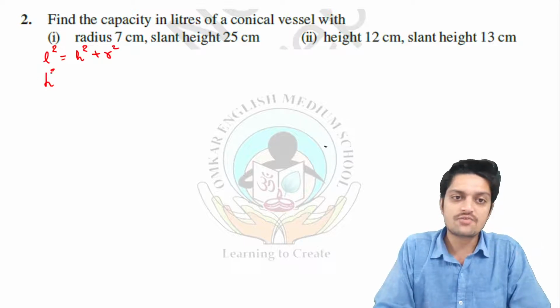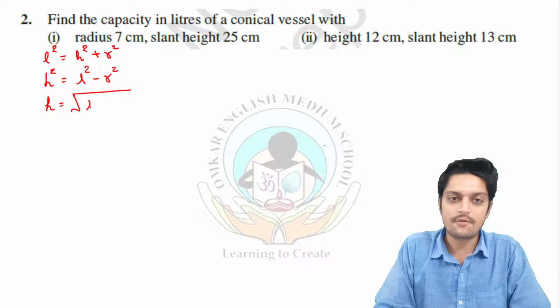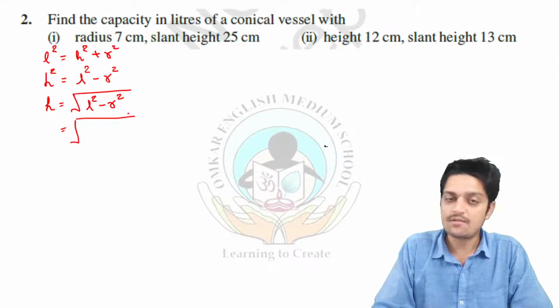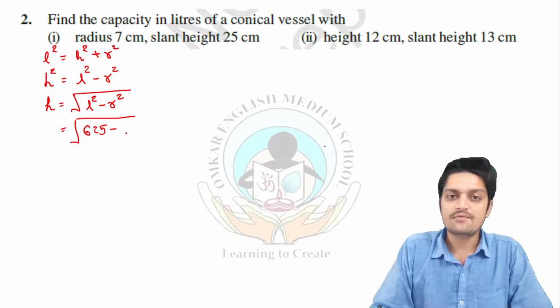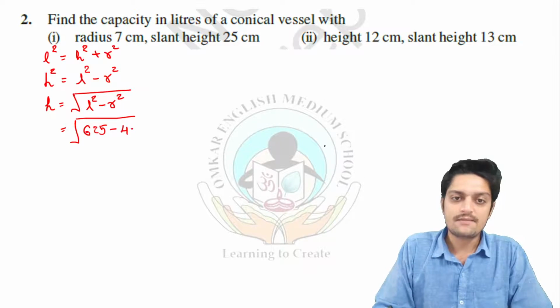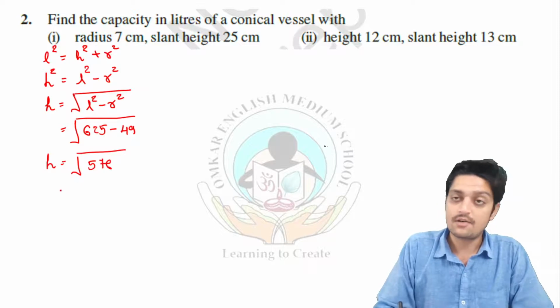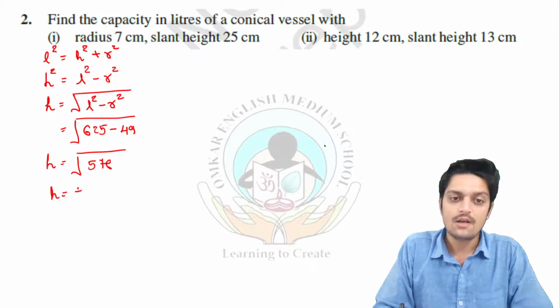So h square is equal to L square minus r square, but we want the height only, so we take the square root of L square minus r square. L is the slant height, which is 25, so 25 square is 625, minus r square, which is 7 square, that is 49. So what will remain: 576. So the height h is equal to root of 576, so h is equal to plus or